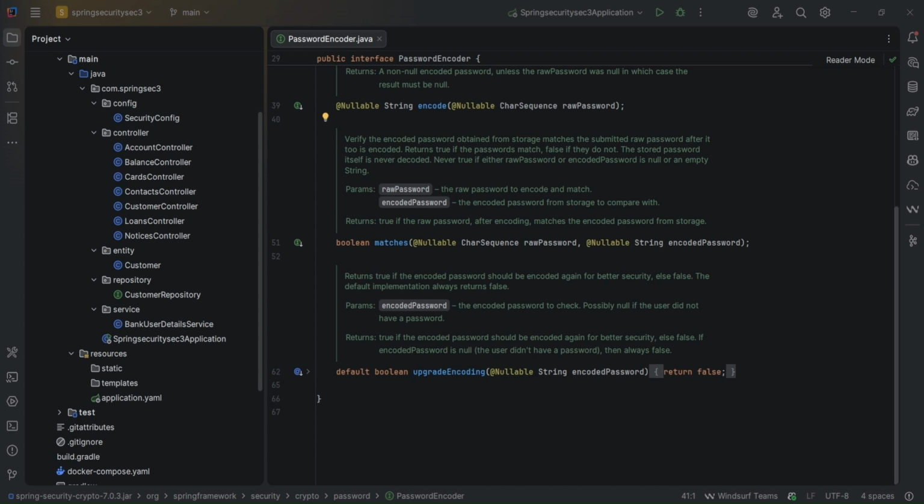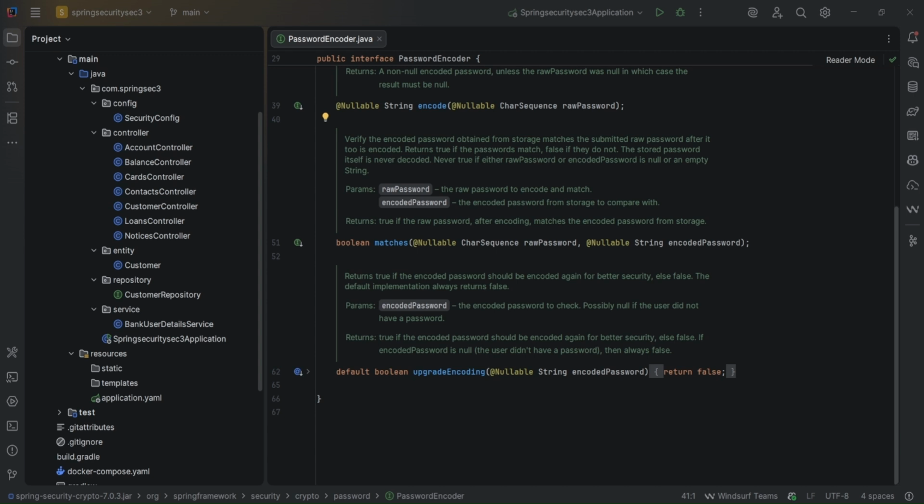However, in most applications, a single hashing operation with a strong algorithm and a random salt is more than enough. Only high security systems might require multiple hashing layers, but some password encoder implementations allow configuring this behavior through their constructor,